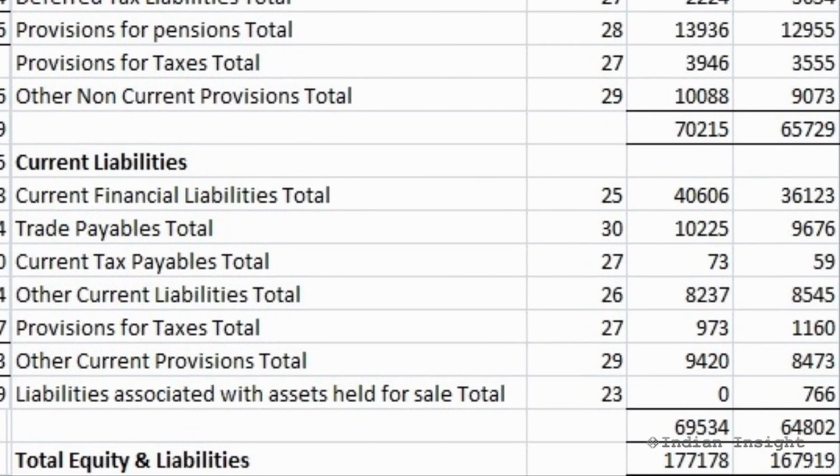Similarly, we have common classifications under current liabilities. The first of these is trade payables, also known as account payables. Trade payables or account payables are amounts the company owes its vendors for purchase of goods and services. So any goods or services which have been purchased but their payments have not been made, they would be classified as current liabilities under trade payables or account payables head. Now these essentially represent the unpaid amount for goods and services taken on credit from the vendors.